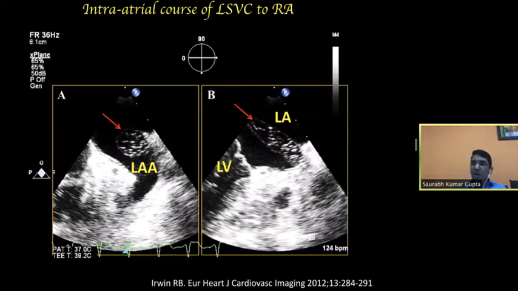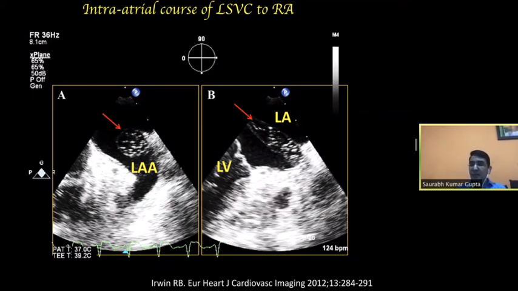Now, some important reports from the literature. Now, in this case, just by doing saline contrast echocardiography, the authors of this article, which was published in 2012, could confirm the physiological and anatomic basis of a mass lesion, which was seen in relation to left atrial appendage, and they almost made up their mind that this patient is actually having a left atrial mass.